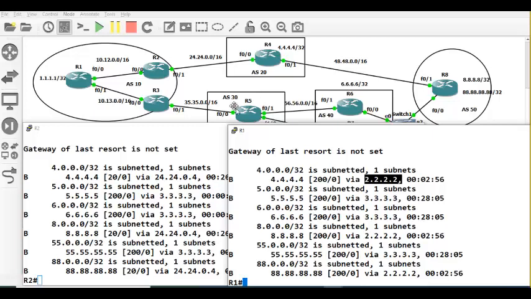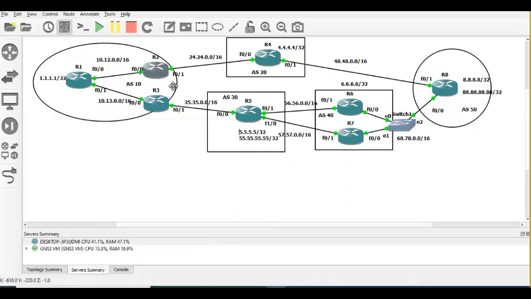In our scenario, we have an EBGP connected to R2, so you don't see a big impact. Instead of connecting to EBGP R4, if I connect R2 to some other IBGP, and that IBGP connects to R4,